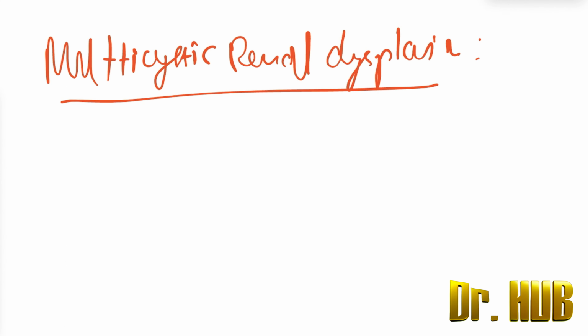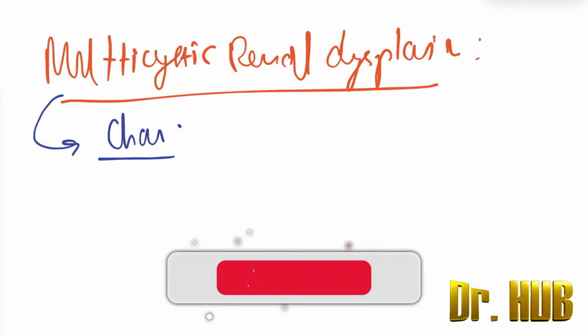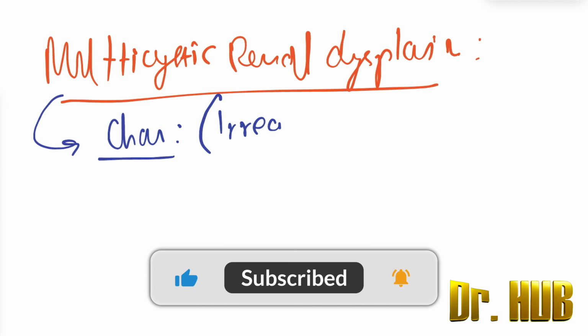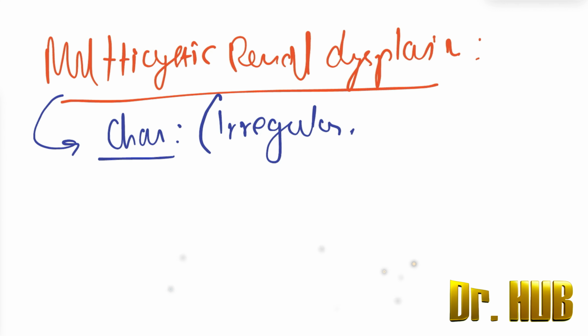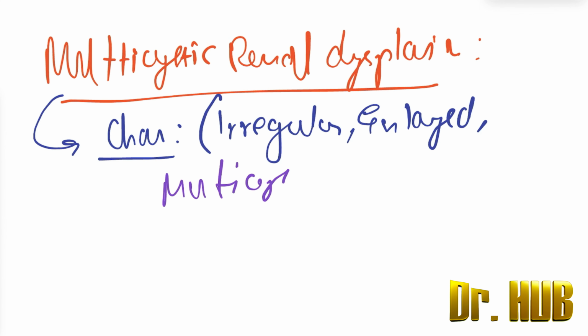Next we are going to move on to the multi-cystic renal dysplasia. So what is meant by the multi-cystic renal dysplasia? It is characterized by something known as the irregular and enlarged multi-cystic kidneys. So as the name suggests,